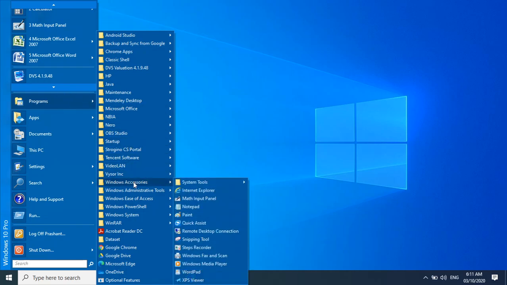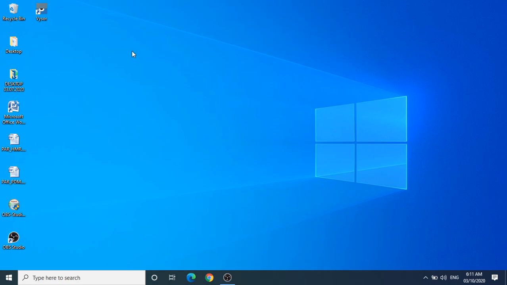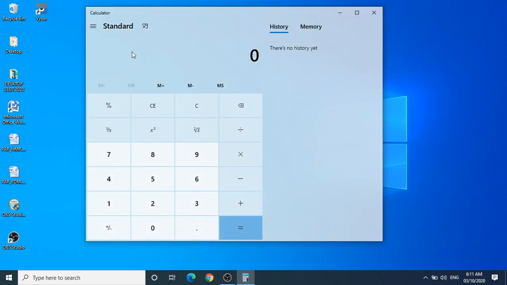But now here I have the apps option. In that I will click on calculator. So this is the layout of the calculator. Layout means the look of the calculator.